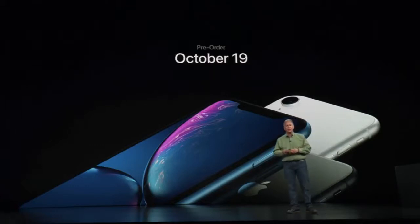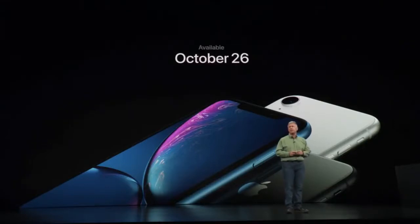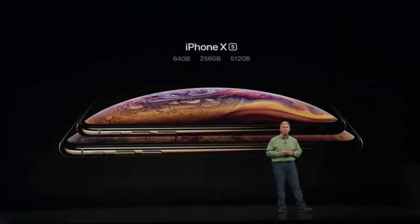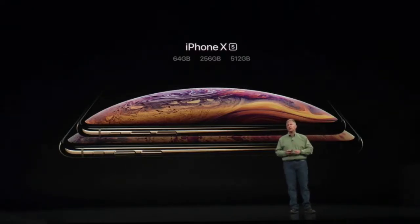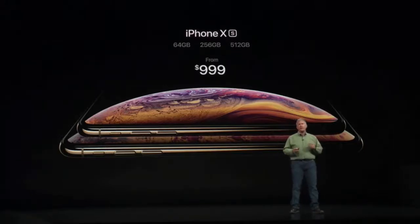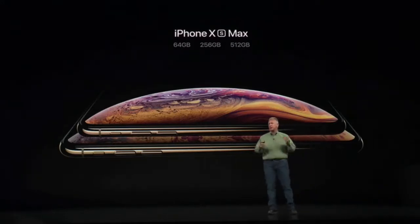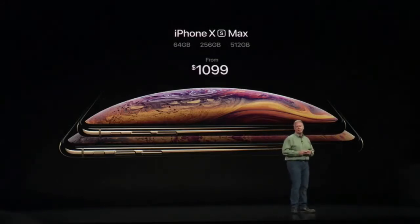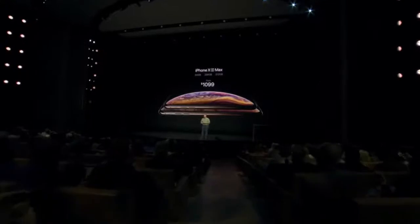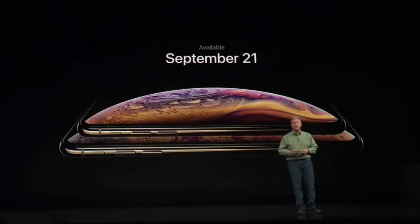You can order it in just over a month, October 19th, and it'll start to ship a week later than that, October 26th. iPhone XS will come in 3 configurations, 64 gigs, 256 gigs, and that new 512 gigabyte storage capacity. It starts at $999. An iPhone XS Max, same 3 configurations with its larger screen, larger battery, be just $100 more, starting at $1099. So iPhone XS and XS Max, you can start pre-ordering on Friday, September 14th, and they'll ship a week later,